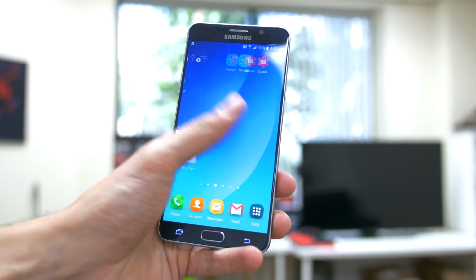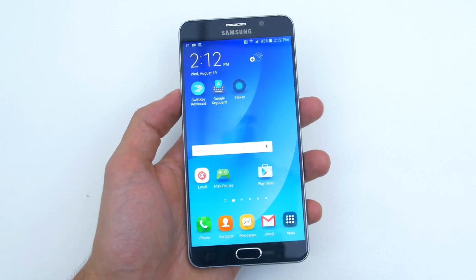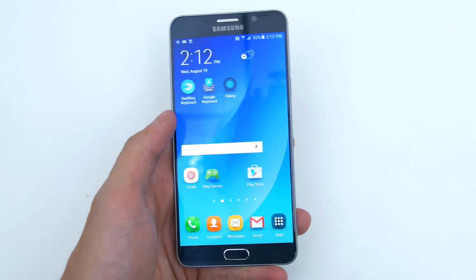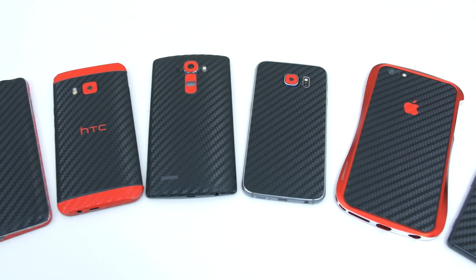Both phones also have a glass back, so it's a major fingerprint magnet, not to mention that it can easily be scratched, so I would strongly recommend getting a case for it, or better yet, if you guys don't want to cover up the beautiful design, you can pick up an awesome skin for your smartphone like I have from